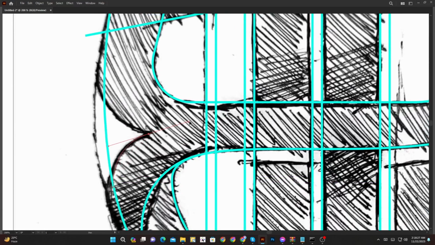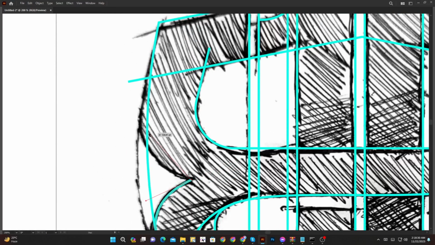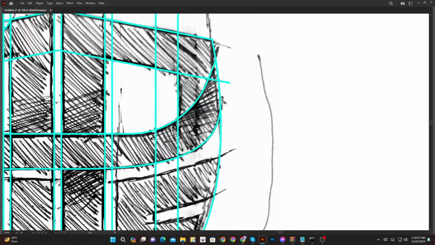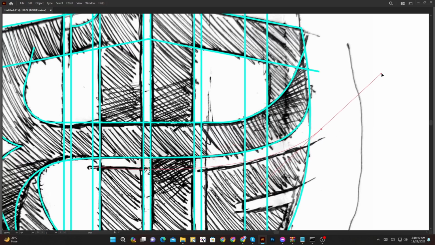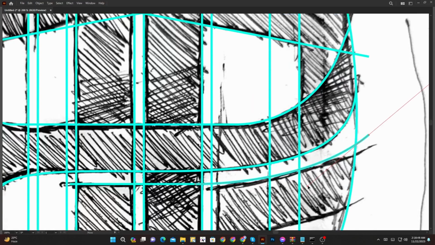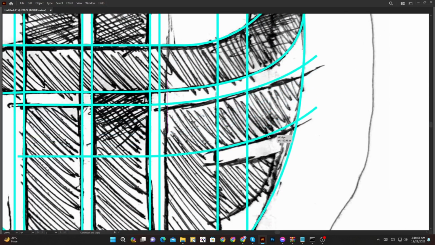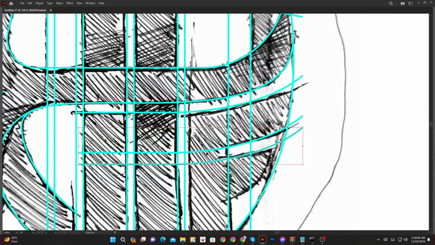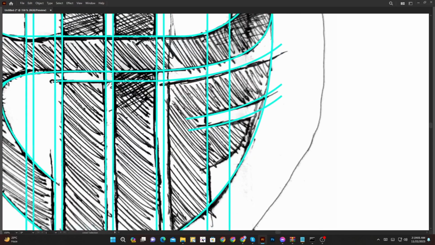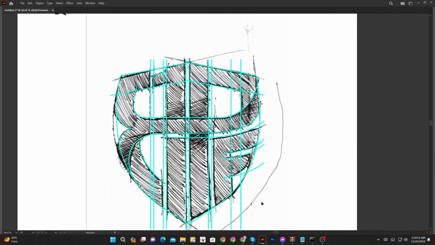And it's copy. Then remove. Now select, and I use a shape builder tool.